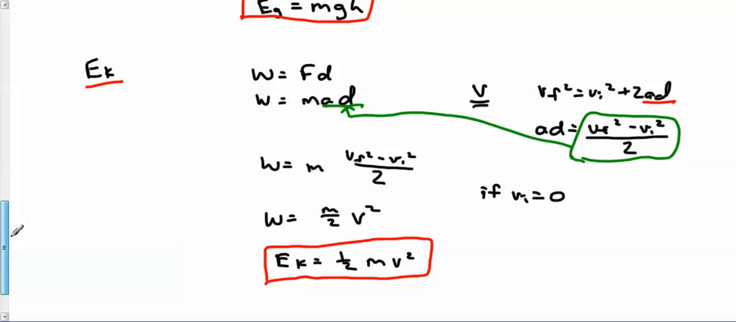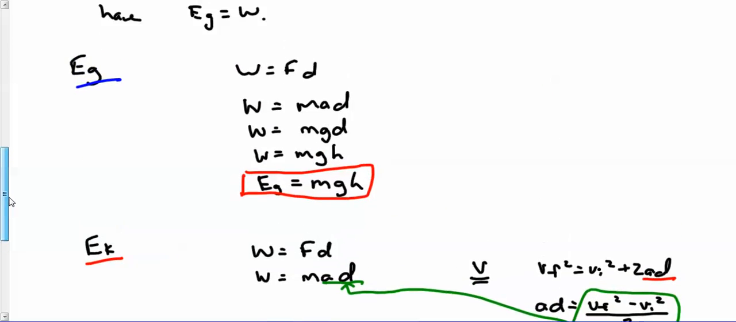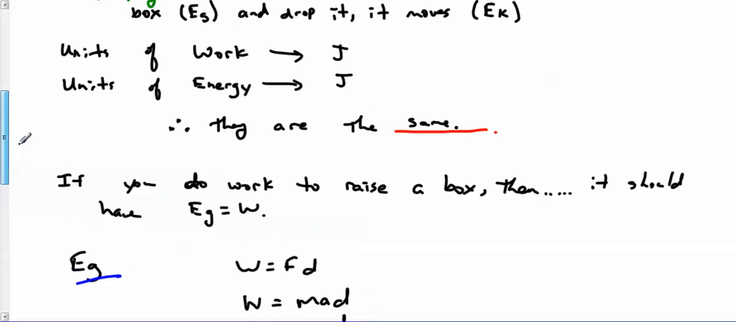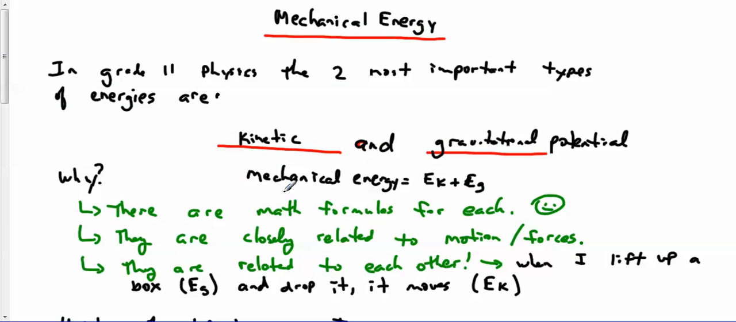So these are the two formulas for kinetic and potential energy, and just a little intro as to why we use it. And remember that mechanical energy is adding kinetic